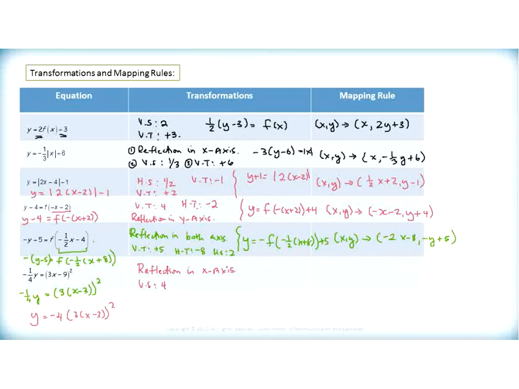In this particular case, you just need to remember that the base function is actually y equals x squared. Okay, the squared has nothing to do with the transformation. The base function is y equals x squared. I got a vertical stretch of 4. And we have a horizontal stretch of 1/3 because of this 3 right here. And we also have a horizontal translation of positive 3. Let's write our mapping rule. XY maps to